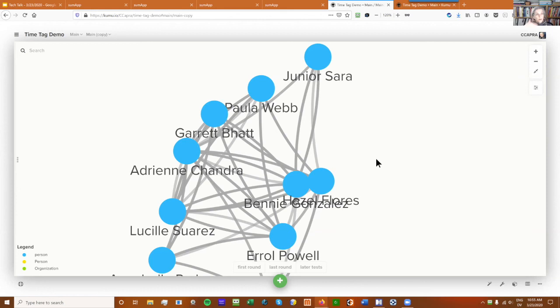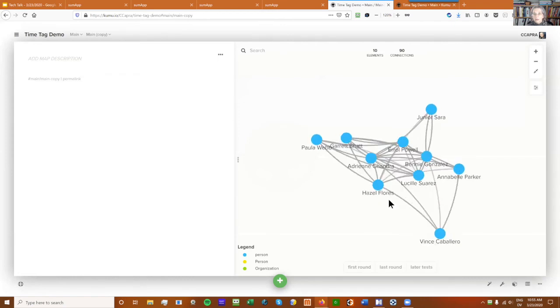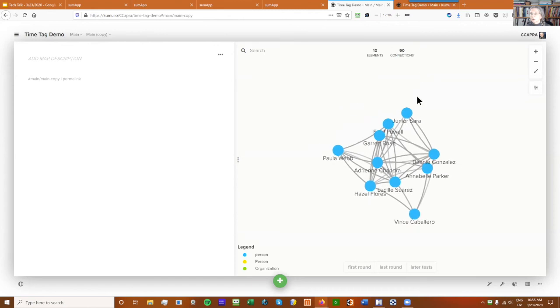Oh, by filtering those extra ones. It's by just having the current state. If you refresh the map, I put a little SNA dashboard up there that maybe will show off the numbers and demonstrate what you're doing. What Tim was just showing in the code a minute ago was how to filter out the earlier time frames so that you just have the last time frame, which is basically the current state of the map. So for these 10 people right now, because we haven't selected anything, we're in the current state, there are 90 connections.